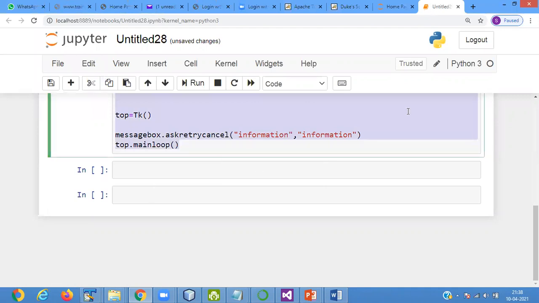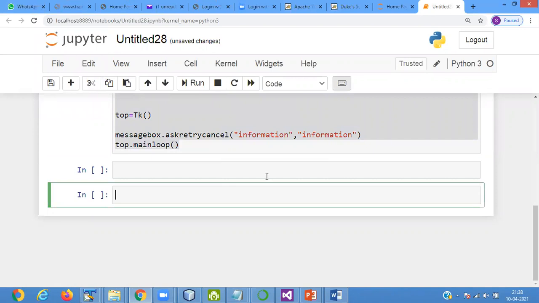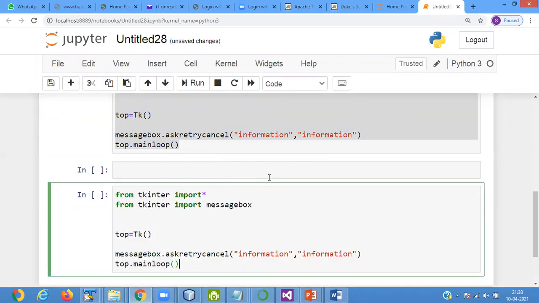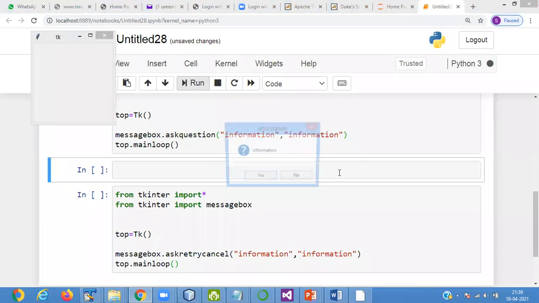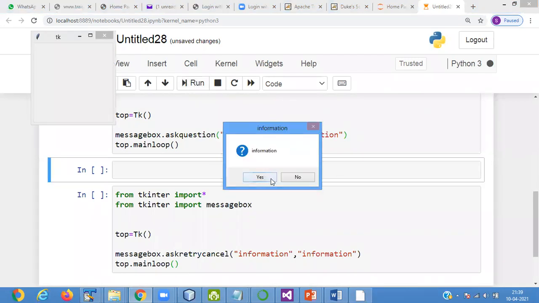Then next program, ask question. Okay, that is confirming the message.